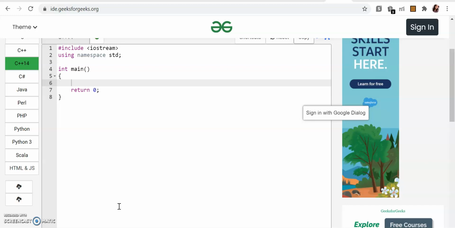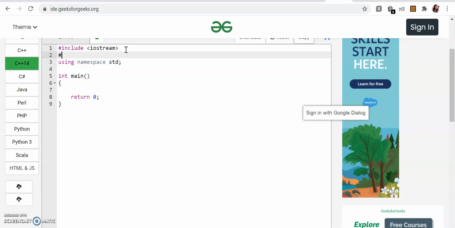So I've already explained all the functions, but I just want to give you a little idea so that you get comfortable using the vector. Okay, so let's get started. First, I am showing you in the Geeks IDE right now so that I can get the link of whatever code I'm trying here and put it in the description so you can see whatever I'm doing here.